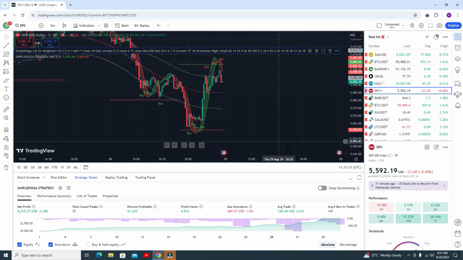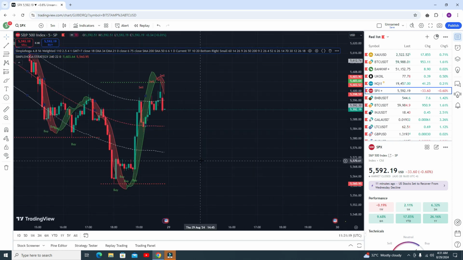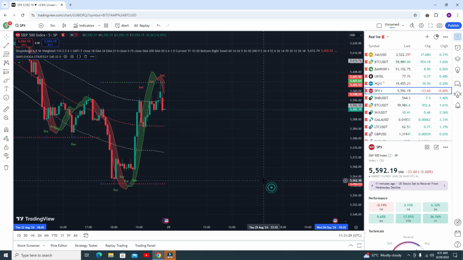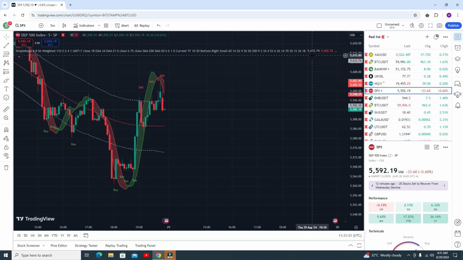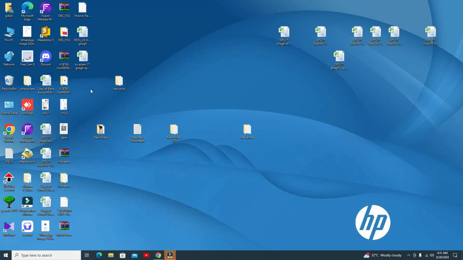So the last question I am facing here is how you can add the script to your trading chart. And the second thing, let me show you this one. I am using the 5-minute timeframe, so you have to put 4 hour. Let me add the indicator first. I have to close them, then I have to add the script. So these are my Pine scripts, let me show you.